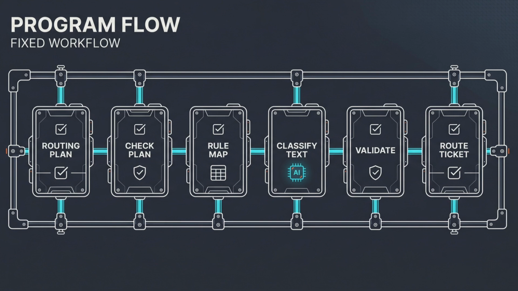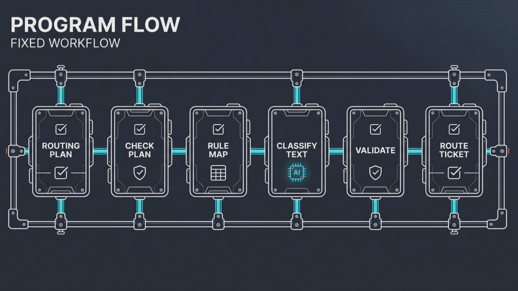Once you build the program, effectively, yep, there's a plan, you check the plan, you get a rule map, which is a predefined rule map that it can pull at runtime. If you have text that you want to classify, it just classifies the specific text against the rule map that was just passed in. And then it validates that, hey, yeah, this is a valid decision. And then it goes ahead and routes the ticket. It's just fixed. And then it can just do this every single time. And there's not a lot of room for the workflow to change. If anything goes into that text, it doesn't matter. It'll just get classified to one of the available rules that were allowed. And that's it. And then it will proceed.